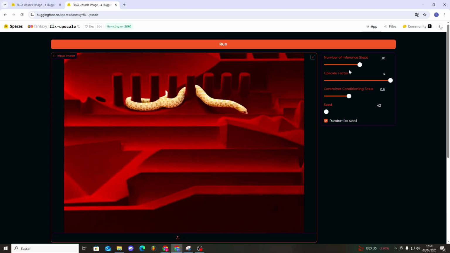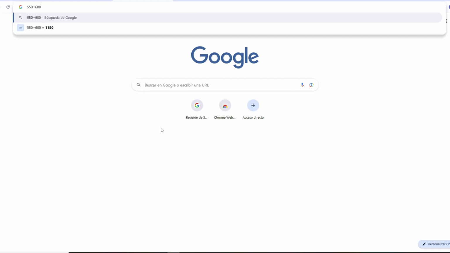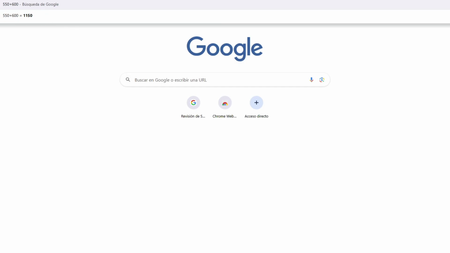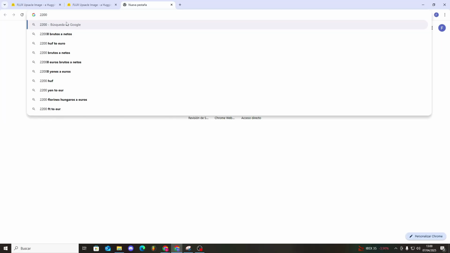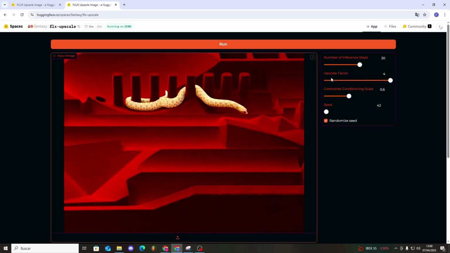The upscale factor determines how much to multiply your image's pixels. If your image is 550 x 600, it'll convert it to 2200 x 2400, which is basically multiplying each dimension by 4. This applies to all pixel factors of the image. You can scale from 1x to 4x. Then there's